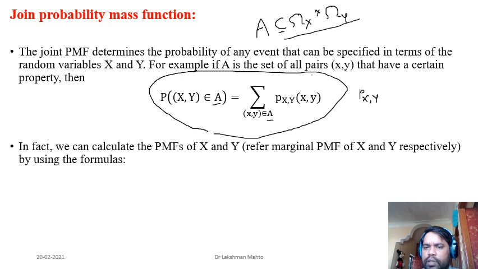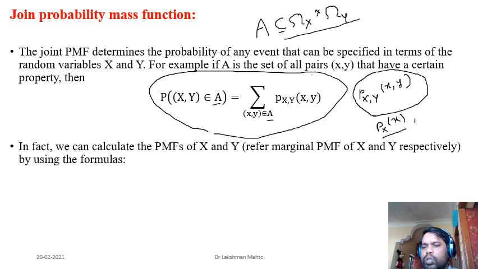That means the probability mass function of X and also the probability mass function of Y. Those probability mass functions we call marginal. This one is the joint probability mass function, the joint occurrence of X and Y together. What we do is apply some kind of marginalization, and through that we calculate the probability mass function of X only. We call this the marginal probability mass function. In a similar fashion, we can also calculate the probability mass function of Y as well.